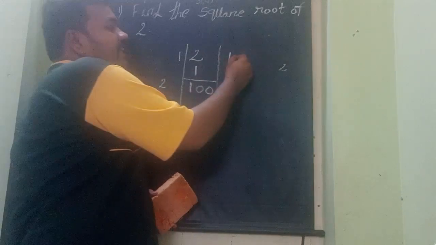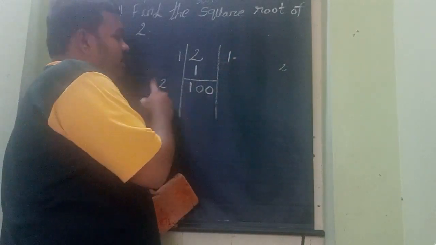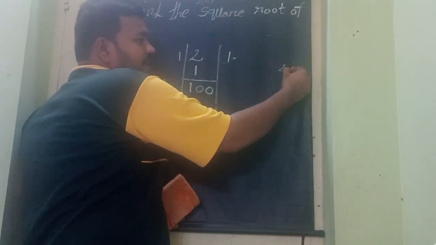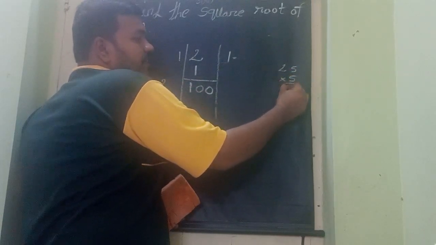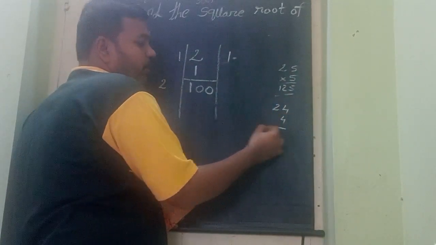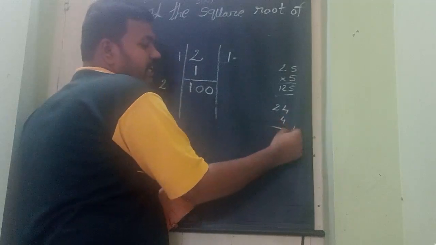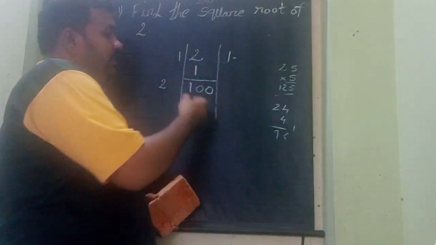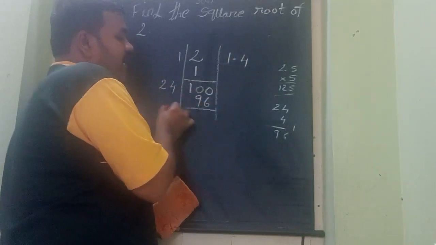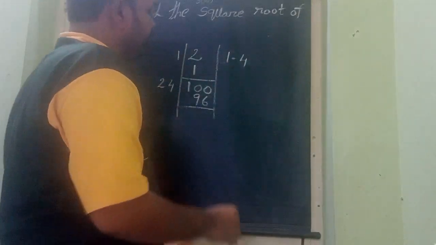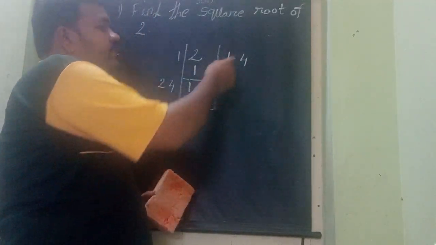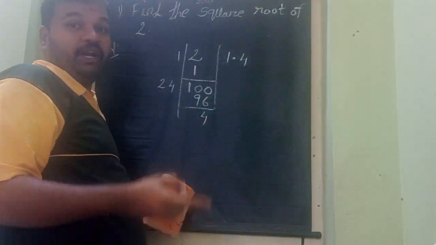So here also we take the decimal point, which gives 2 zeros. Now beside the 2, we have to give a number. I am giving 5: 5 5s are 25, 125. It is becoming more, so take only 4 times. 4 2s are 8, 4 4s are 16, 196. The nearest one is 4 times 4, 96. Again subtract this. Subtraction gives 4. It is not possible to take it further, so this 1.4, forget the point and continue.